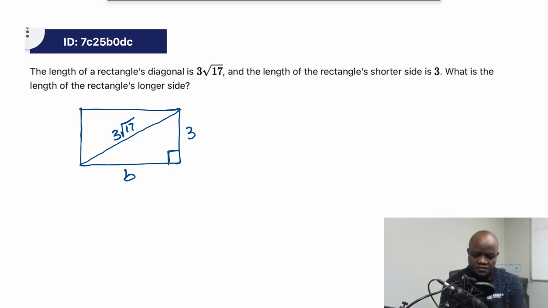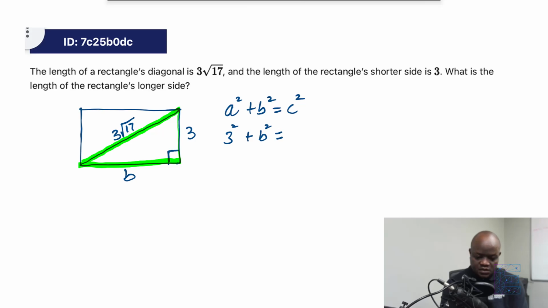Now, I don't know if you can see this, but my goal here is to simply focus on this right triangle here. Remember, when you're given a right triangle, you can find its missing side given two sides using the Pythagorean theorem, right? So Pythagorean theorem is a squared plus b squared equals c squared. We have the hypotenuse, which is c, and we have the short leg, which is a, so let's go ahead and plug those in. So 3 squared plus b squared, which is what we're looking for, the longer side, equals